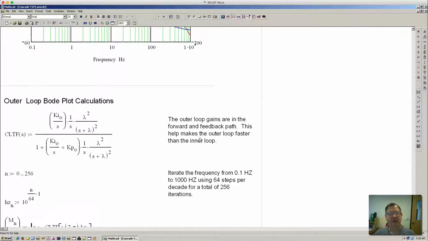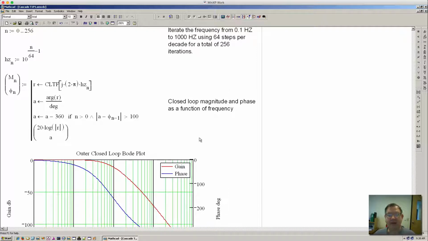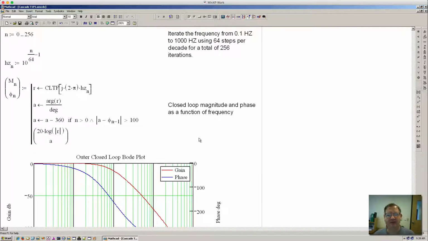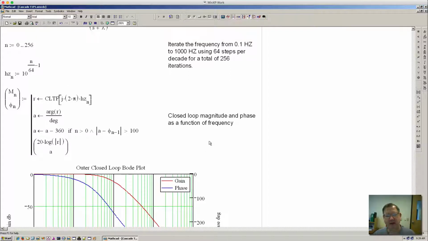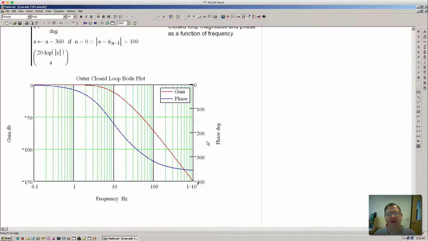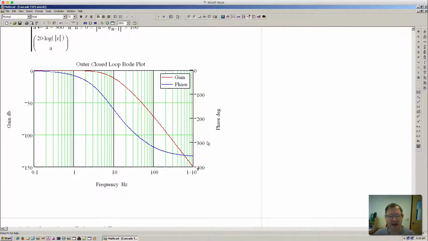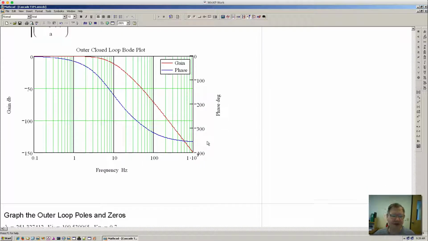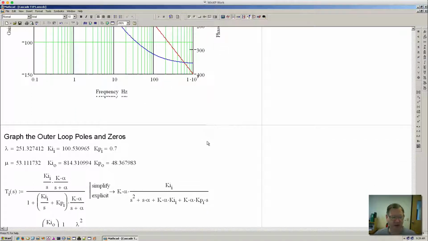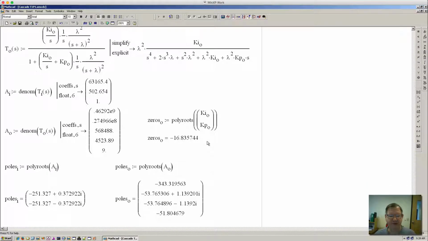And the outer loop Bode plot is similar. And again, it's because all the poles are on the negative real axis, although they're not all in the same spot. The three poles that are closest to the origin, the mu poles, are going to be dominant, and so this is going to basically look like a three-pole low-pass filter, because the nu pole is so far off to the left it's going to cause part of the errors to decay quickly. So I'm going to plot the poles and zeros,